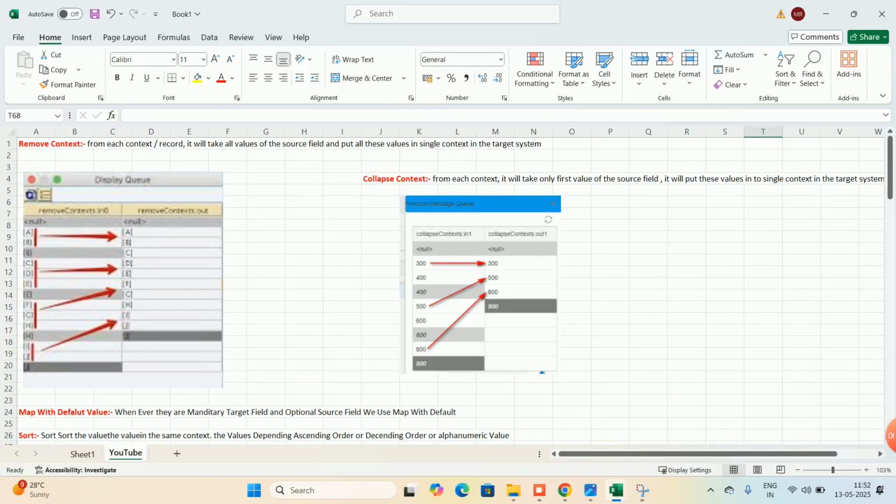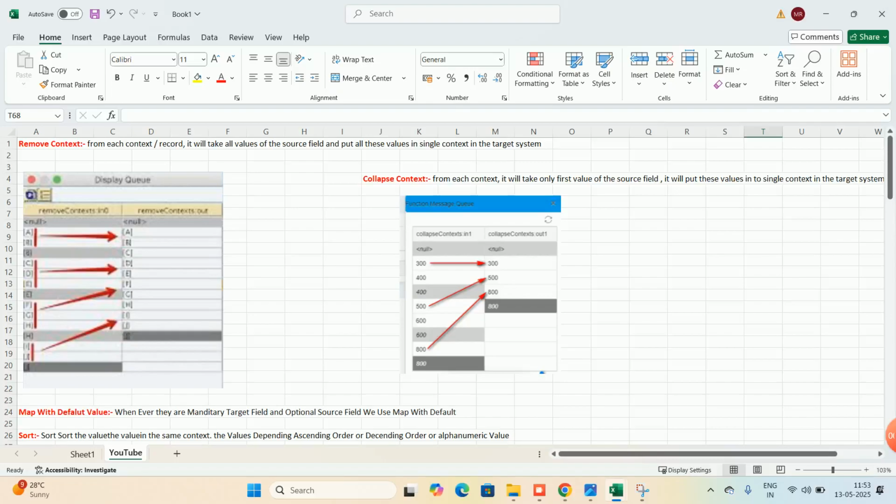For 800 it is the only one in the context, it will keep here. However many contexts there are, so many contexts it will be. Suppose it is 10 or 20, for any context it will take only the top value of each context and keep it in the target system. That is the thing collapse context is telling.